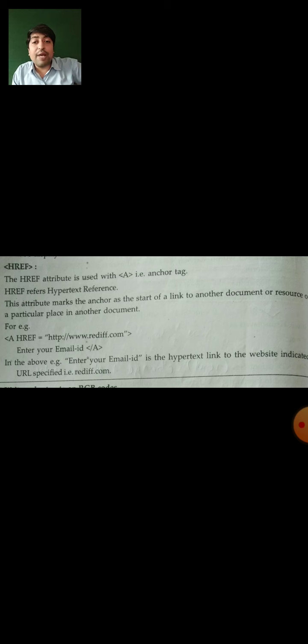So whenever you click on the words enter your email ID on the web page, the www.rediffmail.com website will open in front of you, just by inserting the name of the website inside the hyperreference whenever we use the anchor tag.